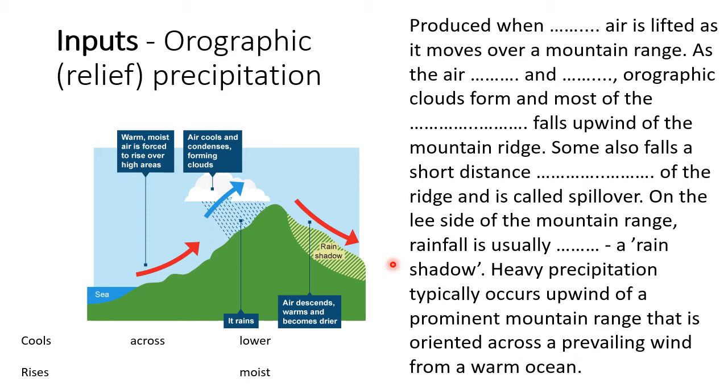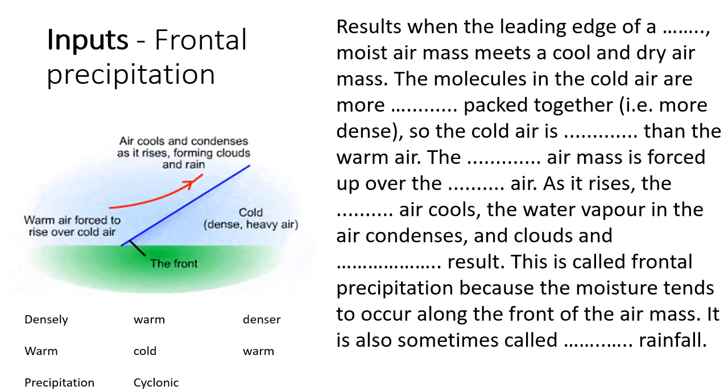So that's the first type of rainfall, and like I said, it's called orographic or relief rainfall. Oro, I think, is just Greek for mountains or hills, which is where it gets its name from. Now, the next type of rain is the reason why we get rain even in the southeast of England, and